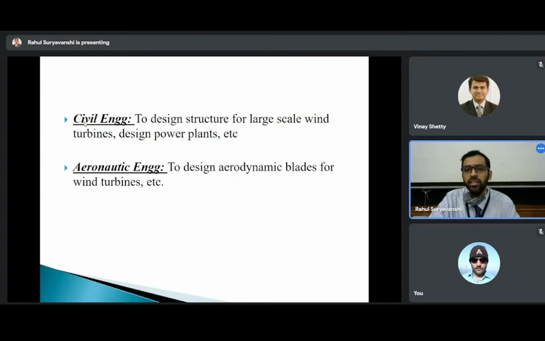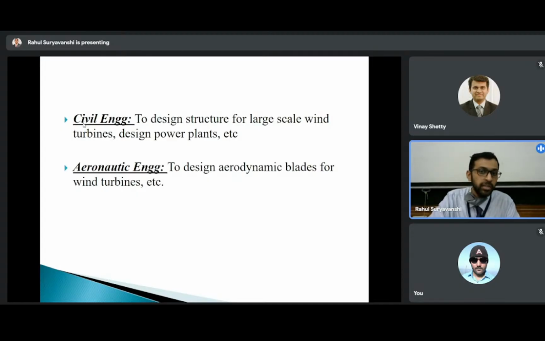Apart from that, designing a power plant, turbine designing, the installation part, a lot of things are there wherein civil engineers play a very vital role. Installation of substations, when we talk about all those things, a civil engineer is required on site for doing all these kinds of analysis.